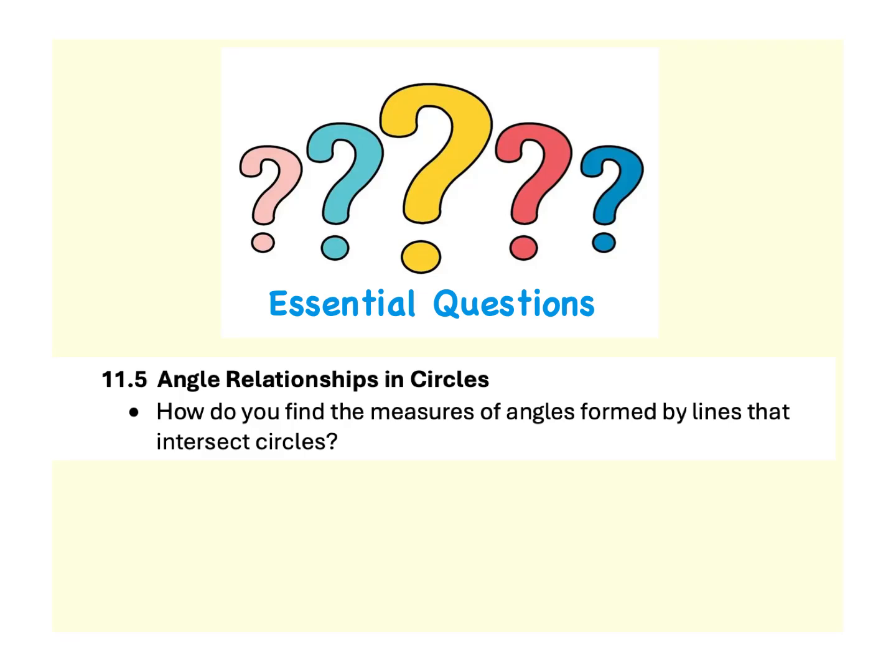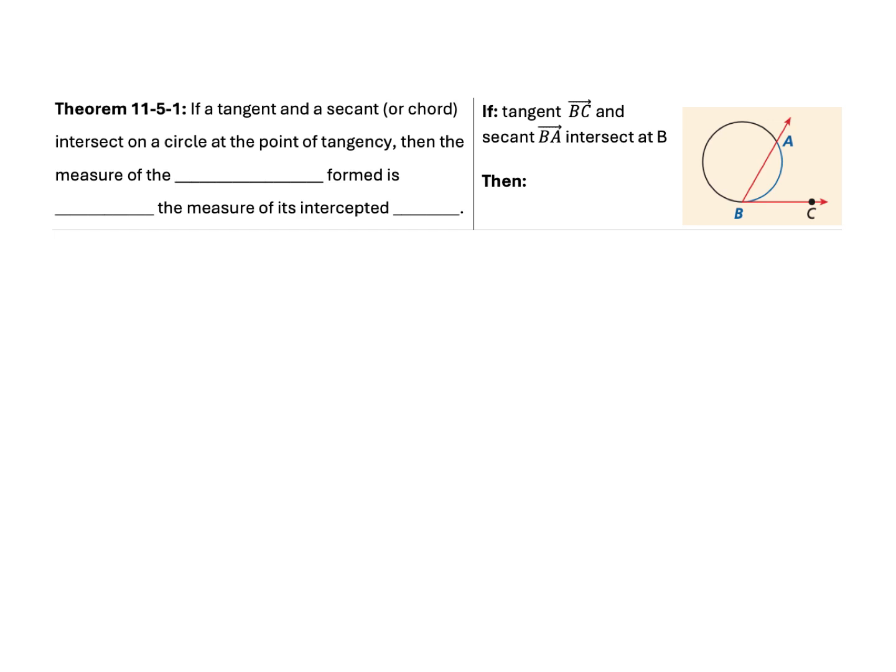This video goes over the day one portion of lesson 11.5 on angle relationships in circles. The essential question is, how do you find the measures of angles formed by lines that intersect circles? As we look at lines that intersect circles, there are going to be 3 theorems and 3 places where those